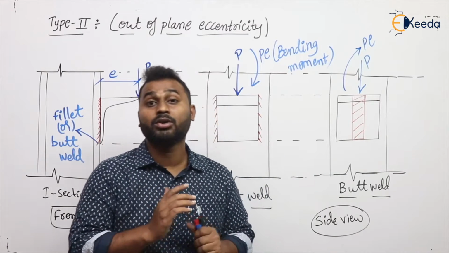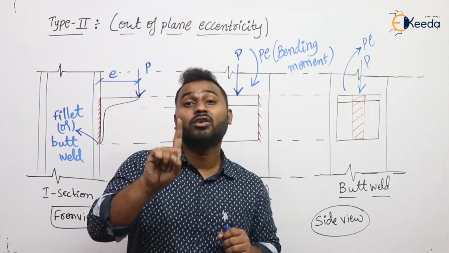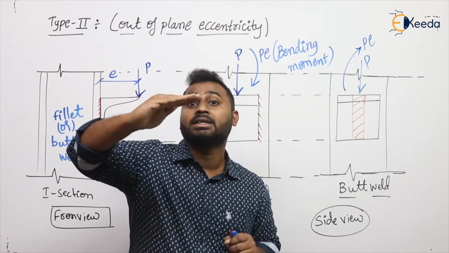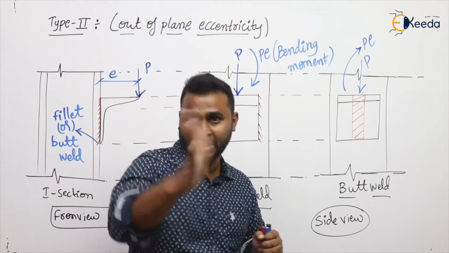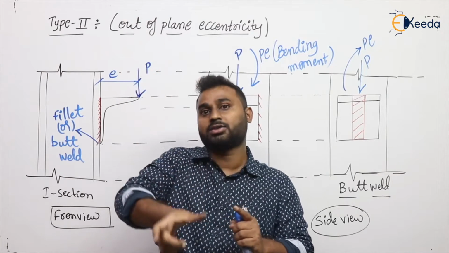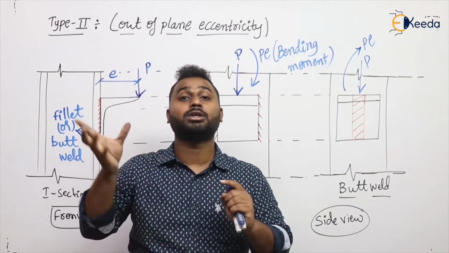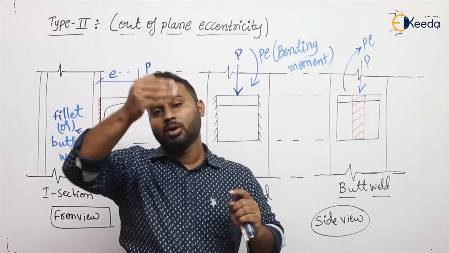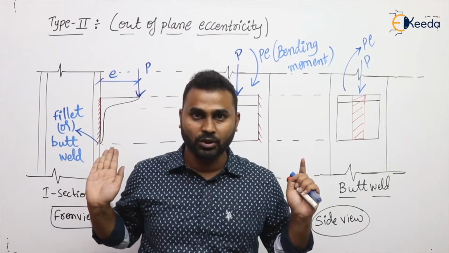What is the difference? Coming to the type 2 eccentric bolted connection, because of bending moment, bolts above neutral axis are only subjected to bending tension, whereas bolts below neutral axis are not subjected to any bending effects. Is that clear? But coming to the type 2 eccentric welded connection, the total cross section of the weld, or you can say the entire weld group, is subjected to bending effects. It means the weld above neutral axis is subjected to bending tension, and below neutral axis is subjected to bending compression. That is the only difference. Everything else remains the same. Is that okay?